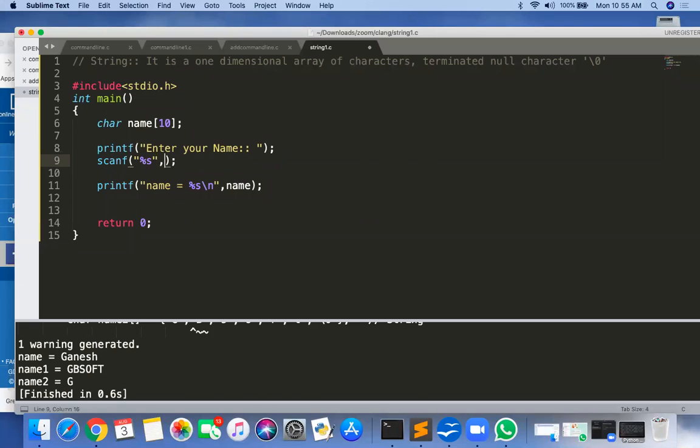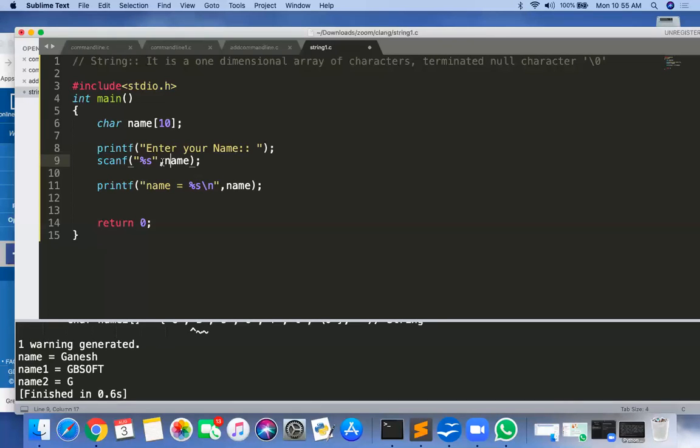What is the ampersand operator? It is the address of the variable. But we know that your array name itself is an address. Name is the array name and name is itself an address. If you print name, then it is an address. So no need to give address of name there. Directly name you have to put it here. This is the difference between scanning integer, character, float values and scanning the string value.